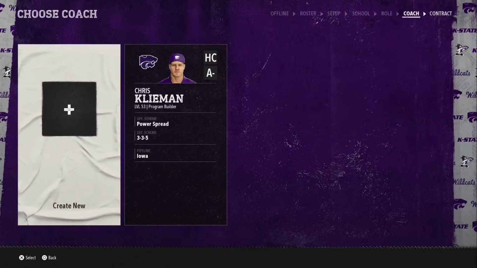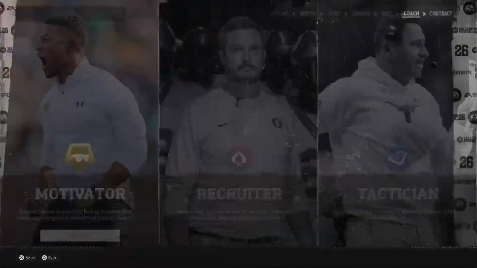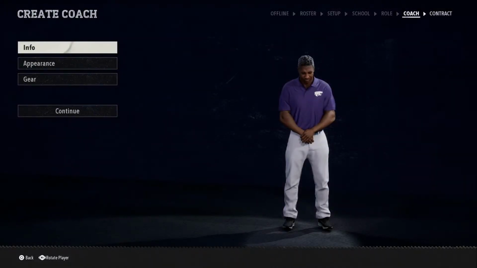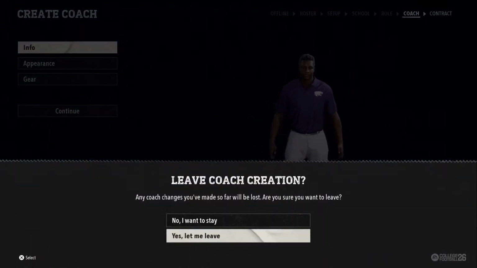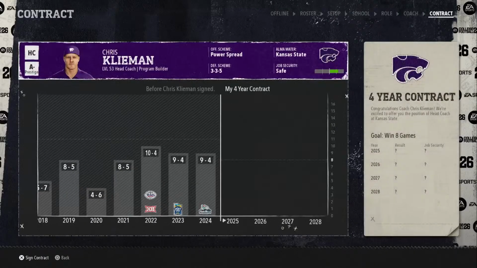Here, you'll create a coach of your own or select an existing one. If your plan is to create a custom coach, now is time to choose your coach's archetype. Your starting choices are motivator, recruiter, and tactician. What's most important to you? Maximizing player development, acquiring new talent, or putting your team in the best position to win. Congratulations. It's time to...